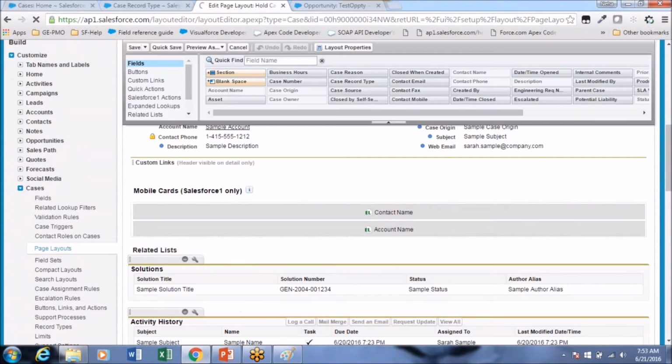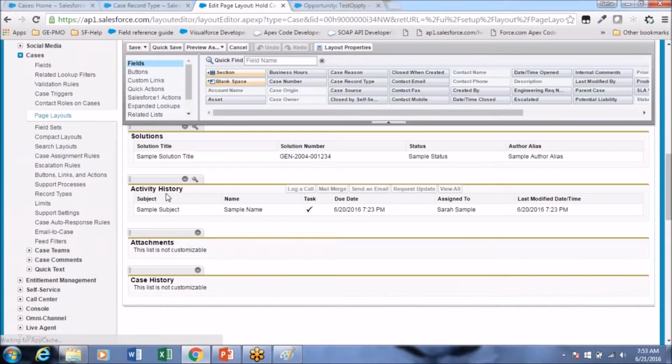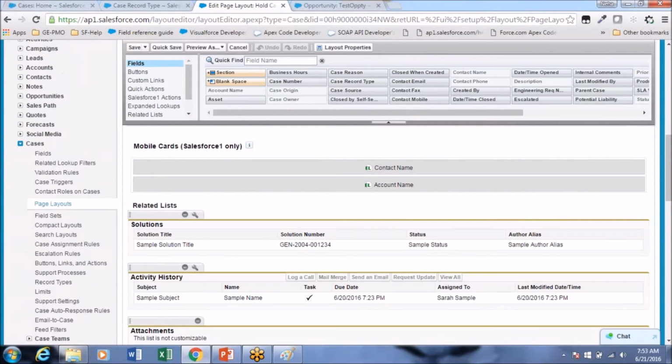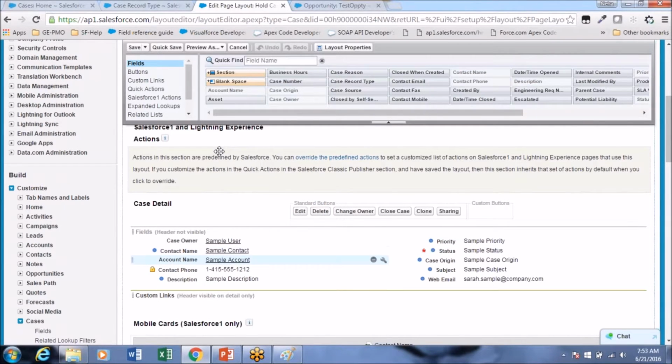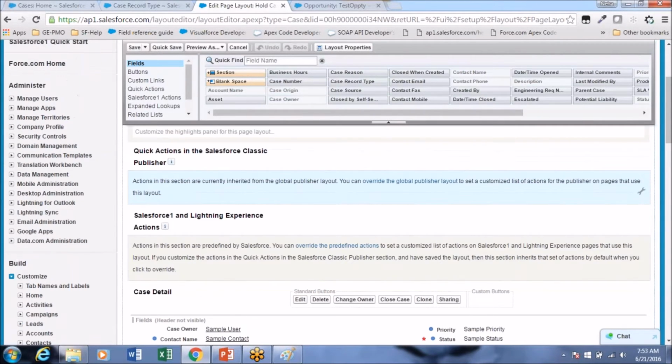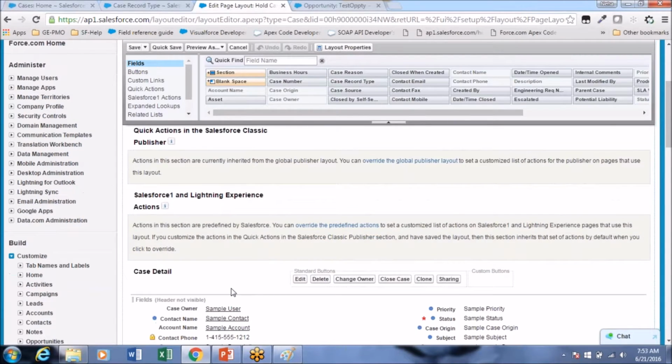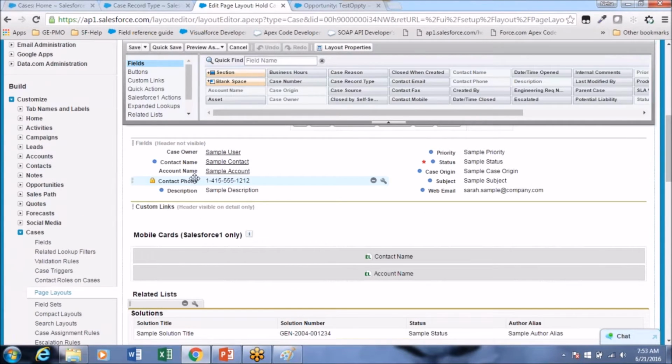See here, we have dragged all these related lists and arranged these fields in the General Cases. So On Hold Cases is inherited from the General Cases as we selected that as a master.